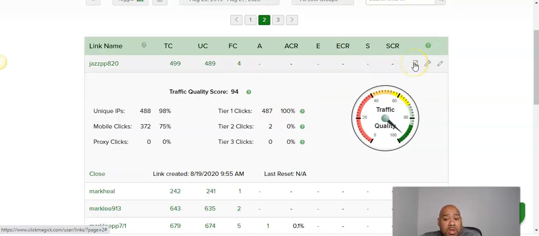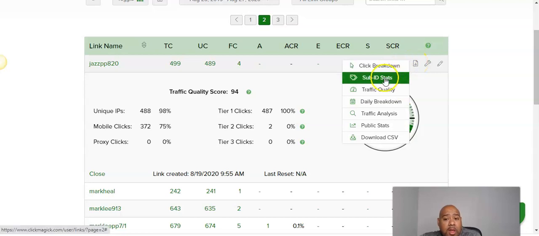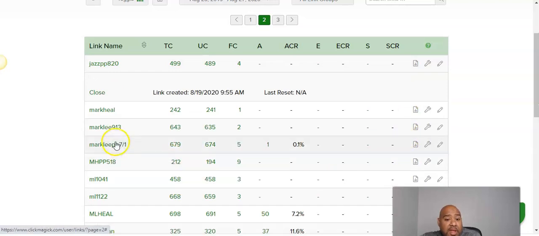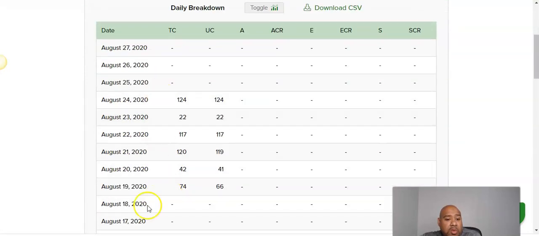Now another thing you can do is see the daily breakdown of your traffic, like what days there were clicks. As you can see, I started running the traffic on the 19th, and the campaign stopped on the 24th, which was just 3 days ago, for those of you watching this video at the time of recording. So it was broken down by day, and I can say, okay, this day I got 124 clicks. So approximately how many